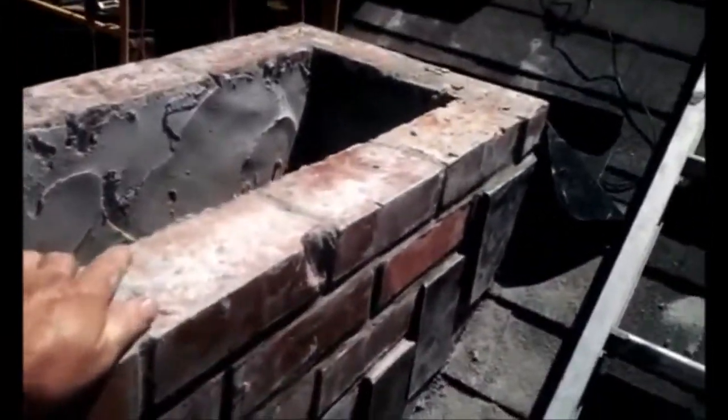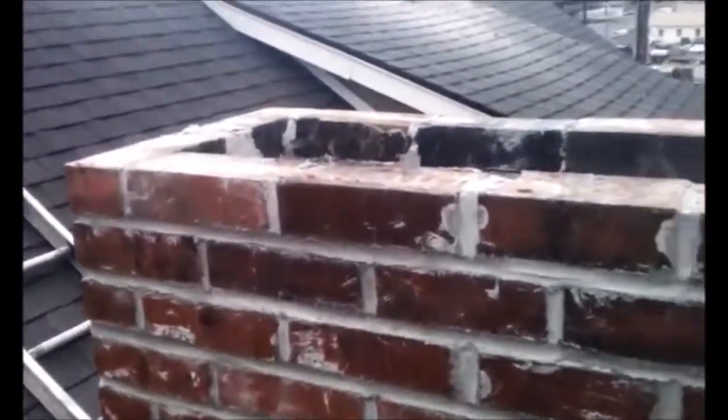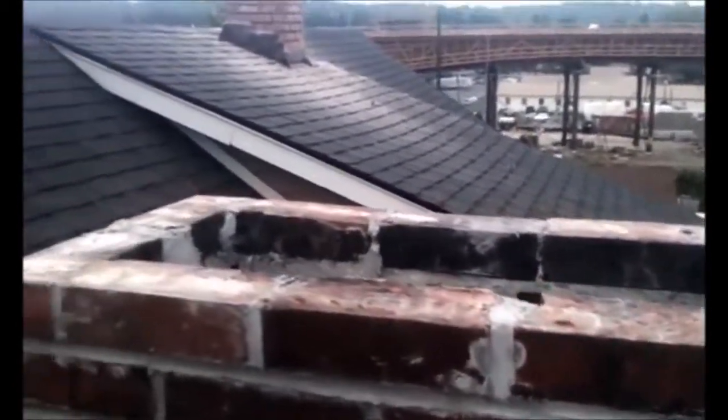We have our flashing in on the other side, and we're continuing with the rebuild. So we're getting towards the end of the actual rebuild. We have about 4 more courses or layers of brick to go, and then we pour the crown and reinstall